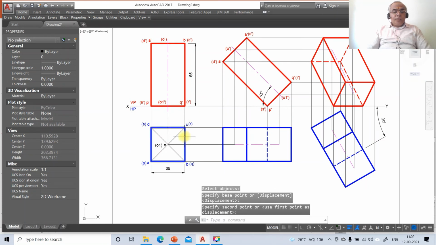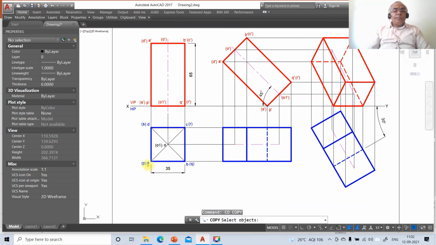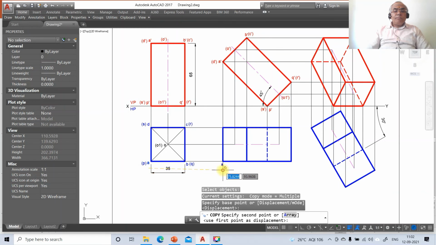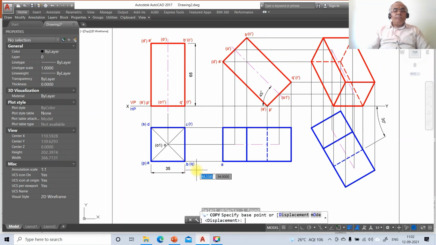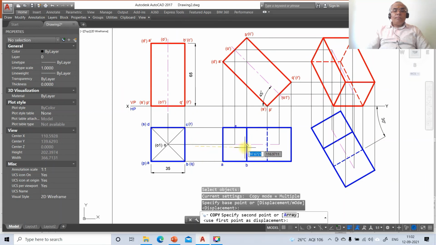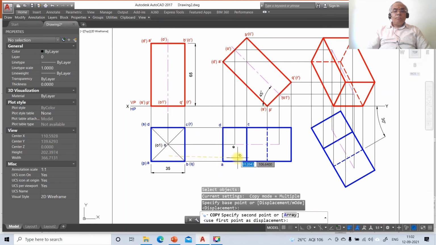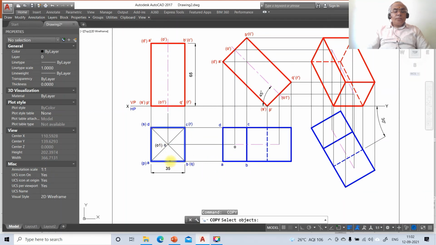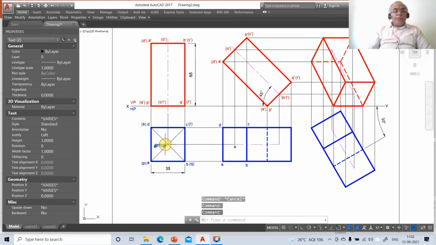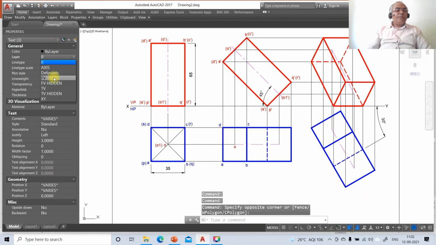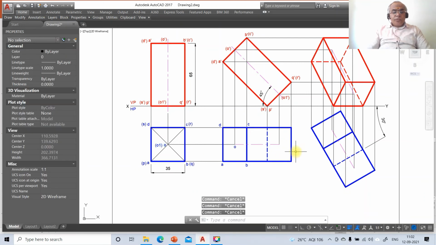So once you do that, then you just go to copy, you take A, you take B, you take C, you take D, you take O, you take, click on these two, go to layer, make that layer as top. So you just go to copy,